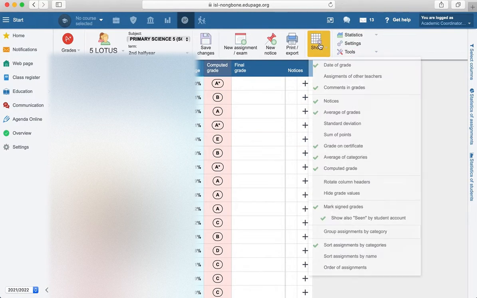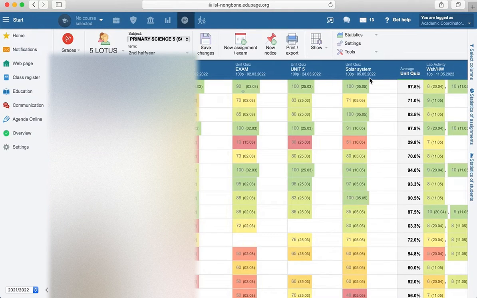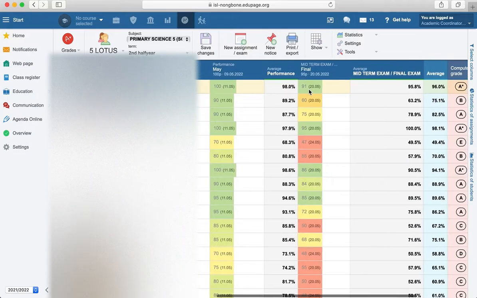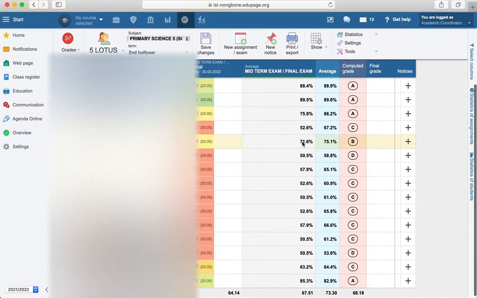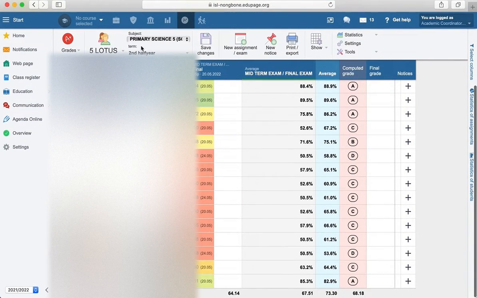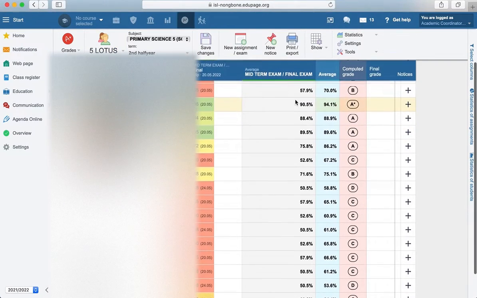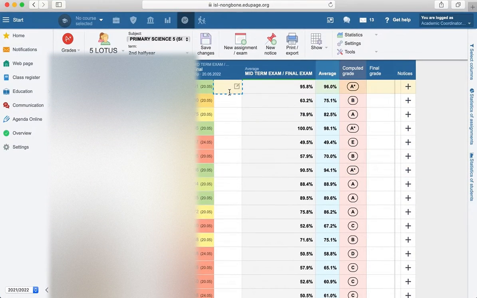Go to show and assignments of other teachers. So I click here and you will see all of them, all the assignments, and go to the right and see that the midterm exam or final exam is encoded here. You can see all the results here. Okay, teacher primary science from 5 Lotus finished here. The final exam encodings are done. You can go to another one,